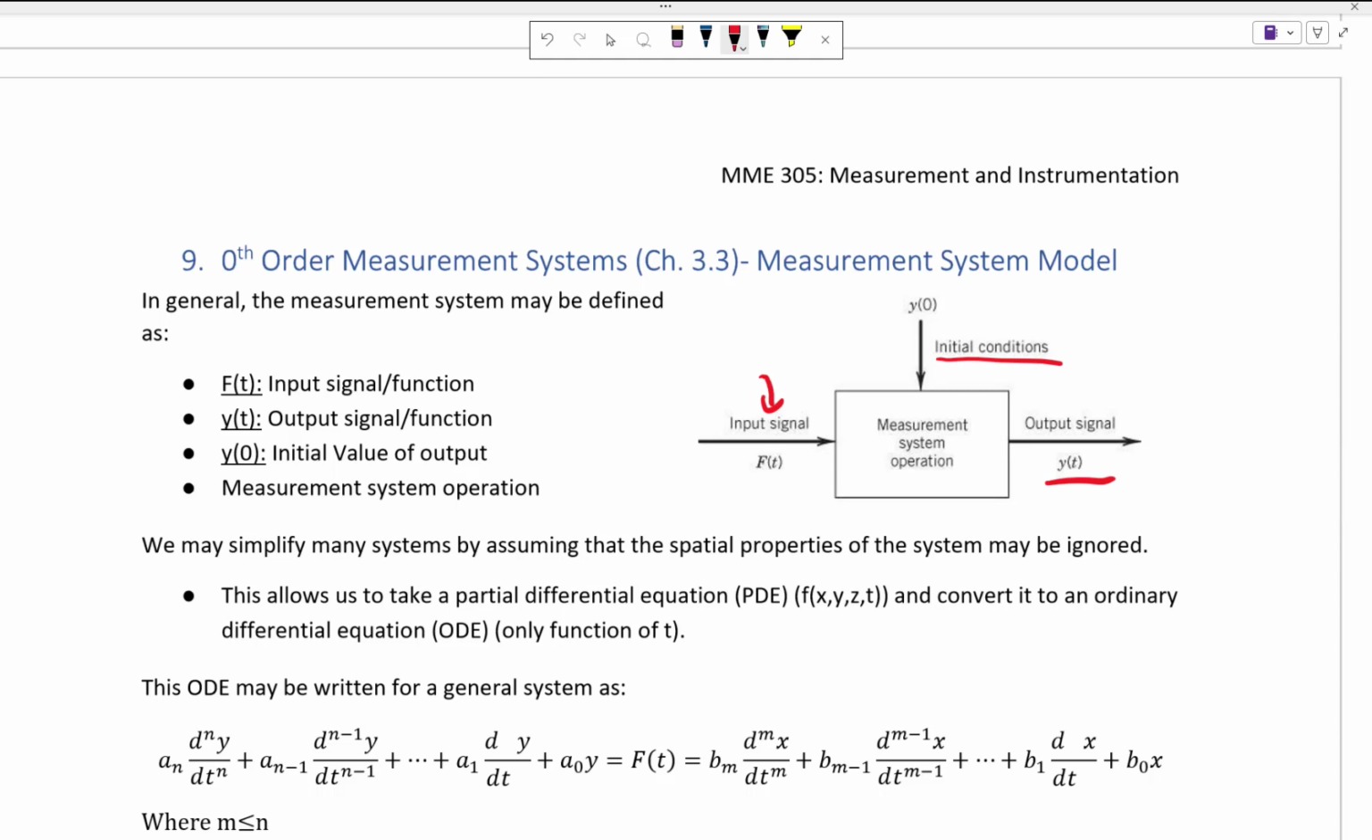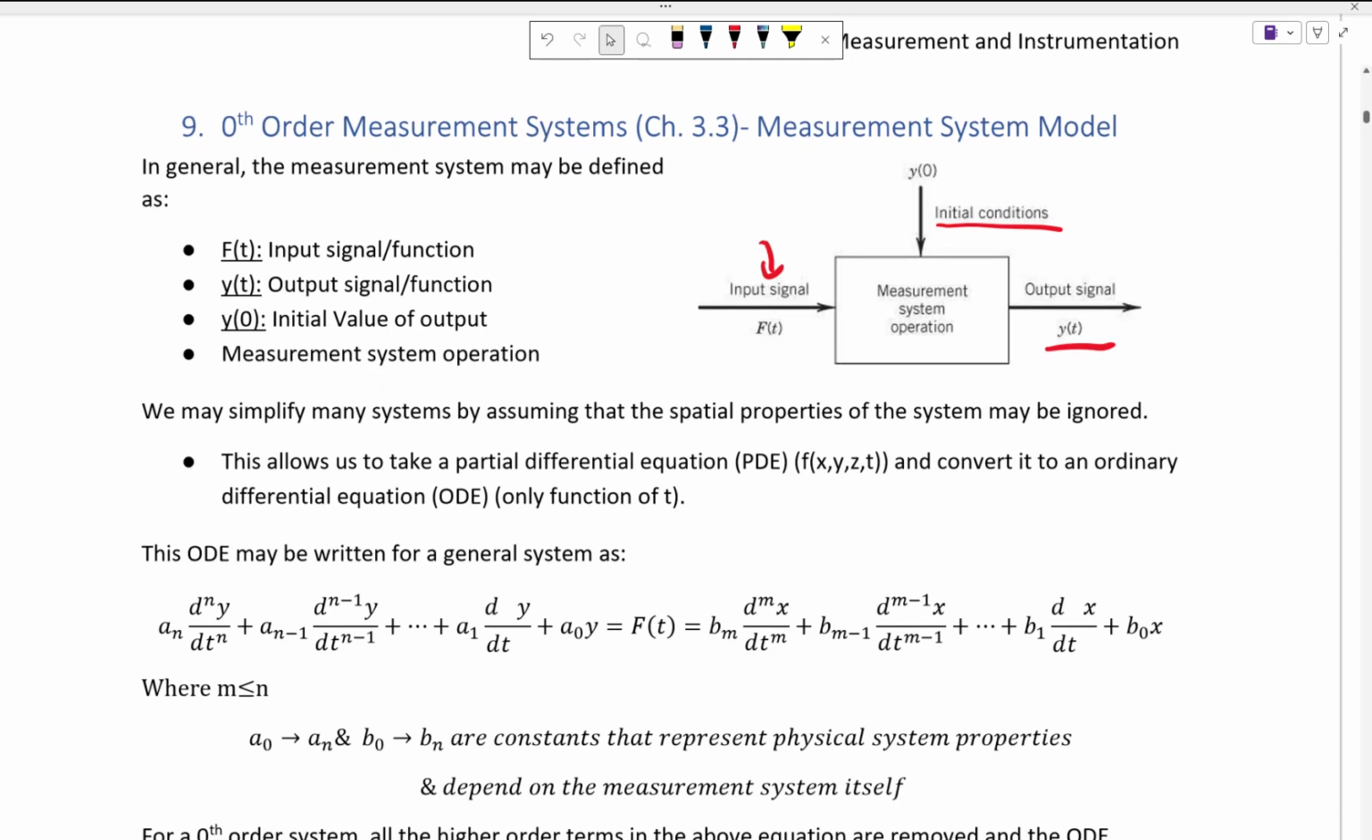Essentially, in most measurement system cases, we can approximate this relationship between our initial condition, our input signal, and our output signal using an ordinary differential equation. In general, we can write that general ordinary differential equation using this equation here. Now, this looks like a very intimidating equation, but keep in mind that we just have our input signal,